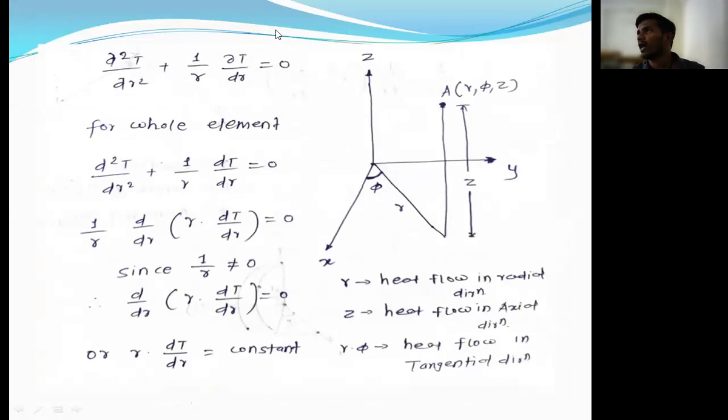Okay, so as we know, this is the equation for a small element. If we are considering the total component or whole element, at that time this partial derivative becomes a total derivative. So instead of the partial derivative, we have to write down the total derivative. So the equation becomes d²T/dR² + (1/R)(dT/dR)